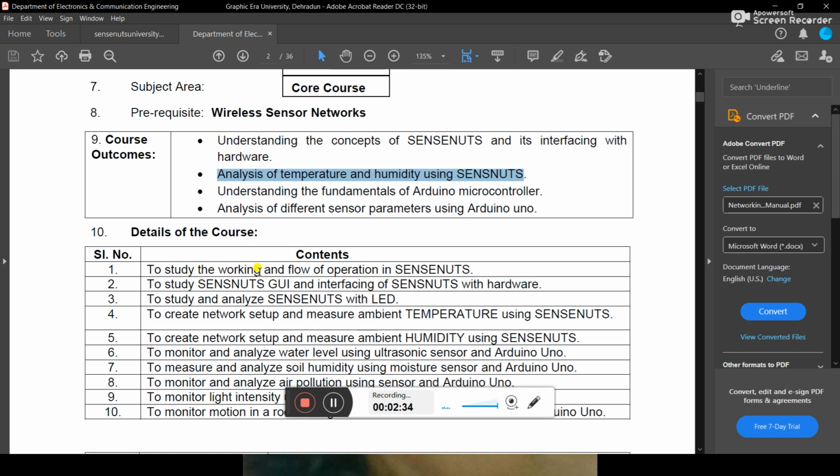First is to study the working and flow of operation in SenseNets. Next is to study the SenseNets GUI and the interface of SenseNets with hardware.